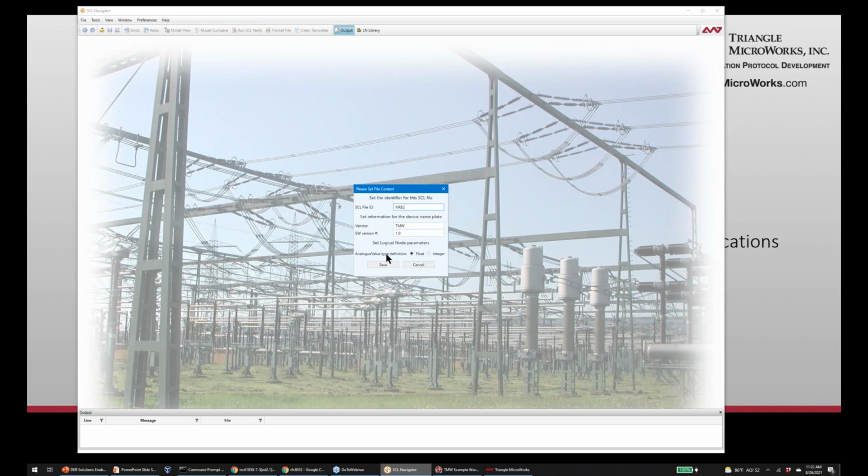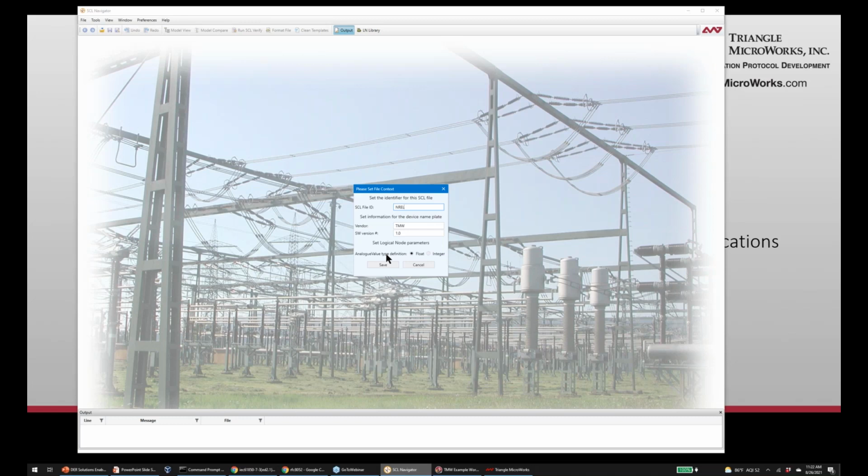And then we have a setting here to determine how we want to view analog values generally. 61850 provides for analog values to be represented as floating point numbers or as integer numbers. This is talking about the exchange of the data on the wire. In most cases, we want that to be a float. There are two exceptions to that.